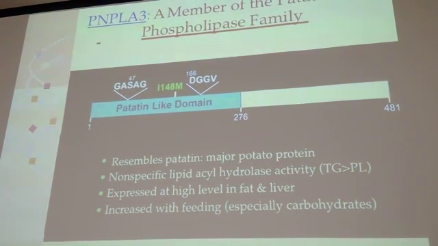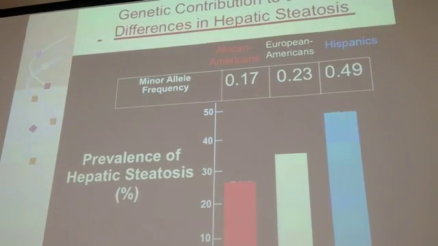So this is bringing us back to nutrition and carbohydrates, which you know from last lecture have a big effect on triglycerides. But there was another discovery that came from this, which is really kind of cool. It's been known for quite some time that there are differences in the prevalence of fatty liver. Hepatic steatosis is again a jargony term for fatty liver, fat in the liver, which can lead to severe liver